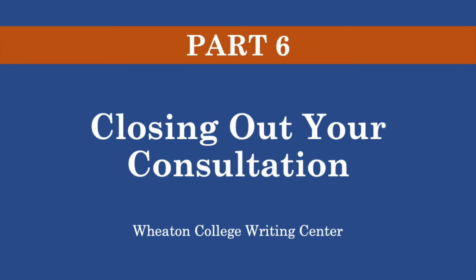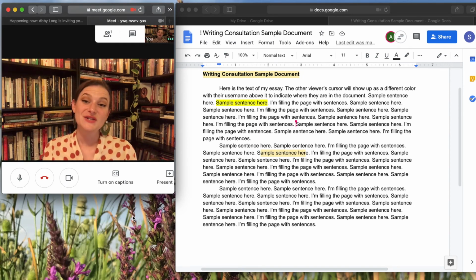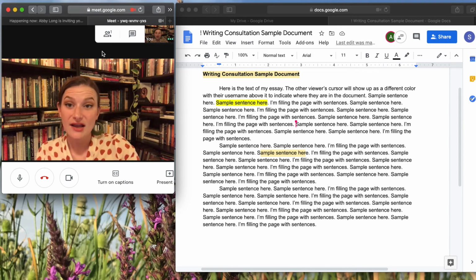Part 6, closing out your consultation. At the end of your consultation, be sure to hang up from the Google Meet. You can do this by clicking the hang up button, the leave call button, or Xing out of the entire window. It's good to remember that you will either have a green or red indicator light shining out of your laptop to remind you that you are still live streaming,